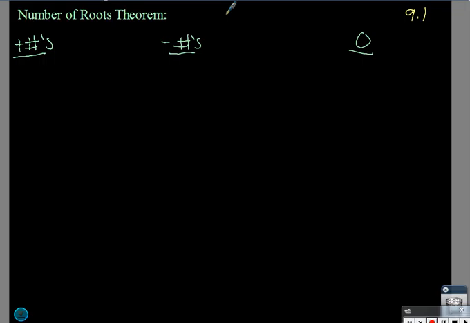So remember, we're talking about nth roots. So we're talking about x to the n equaling k. So when n is even, for example n is 2, 4, 6, whatever, you're going to have two answers. You're going to have one positive and one negative